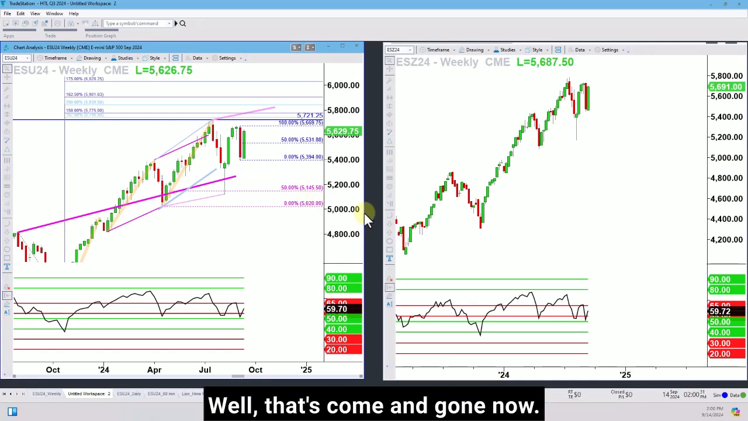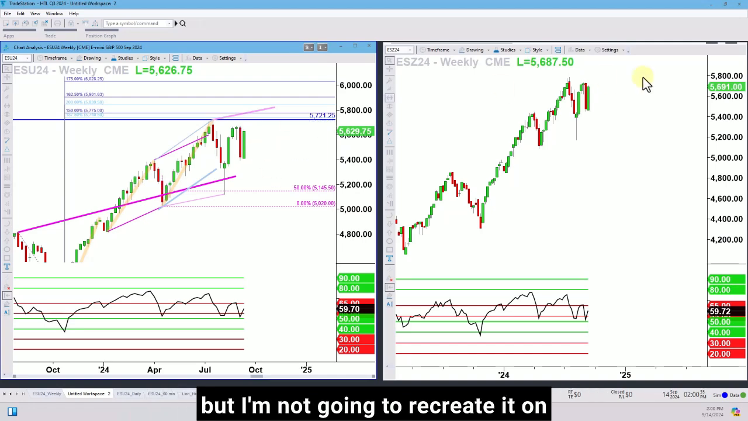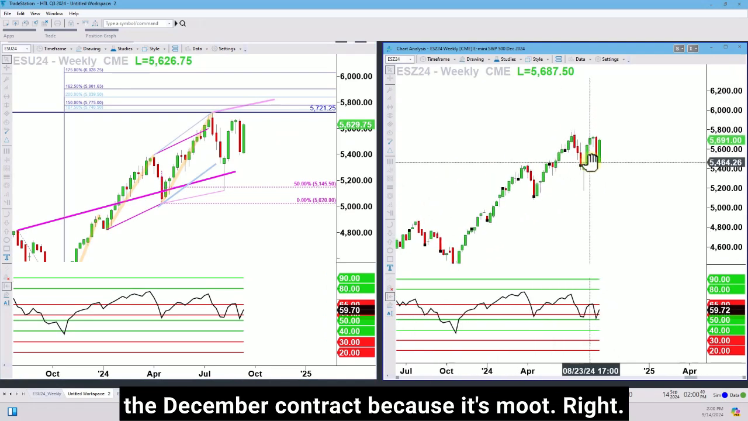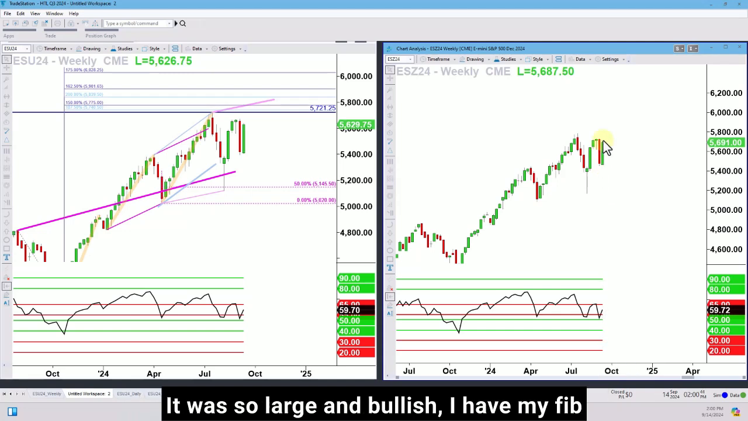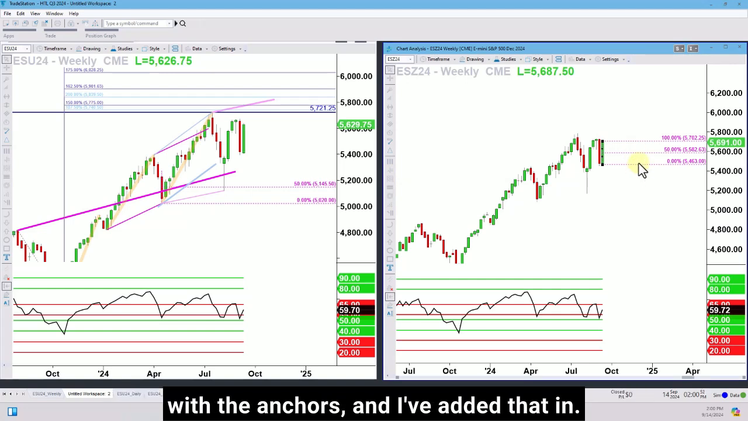So as an example, let's take on the left here what we had, which was the middle of last week's range. Well, that's come and gone now. That's not really useful anymore. So I'm just going to delete that annotation, but I'm not going to recreate it on the December contract because it's moot, right? I might though now be interested, well, what's the middle of this week's range? It was so large and bullish. I have my fib retracements set so that there's only a 50% drawn in with the anchors,